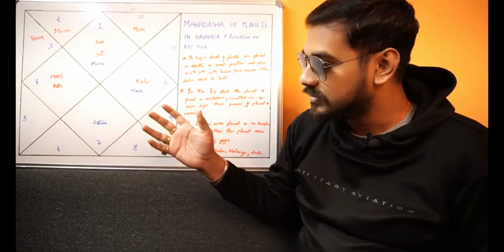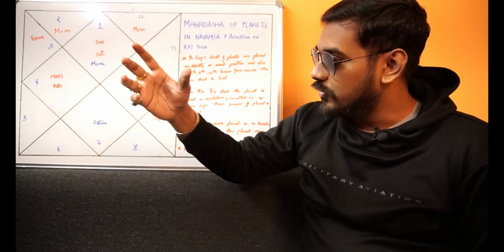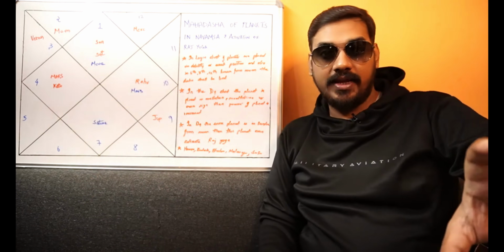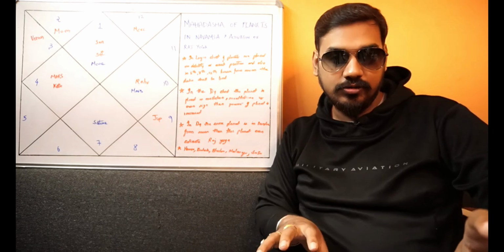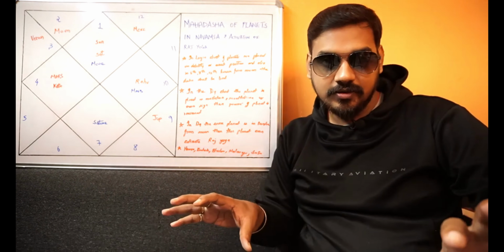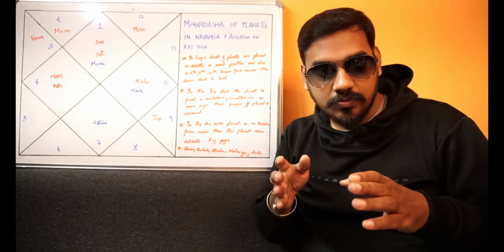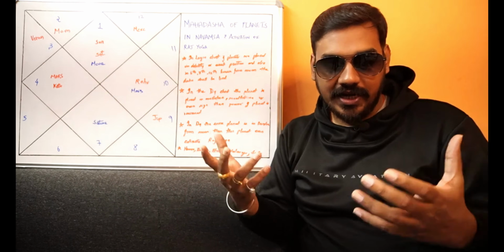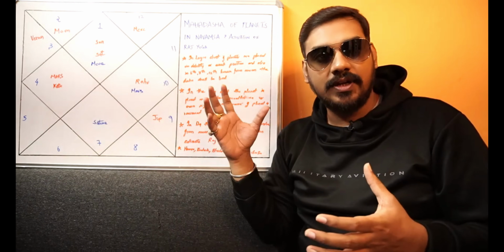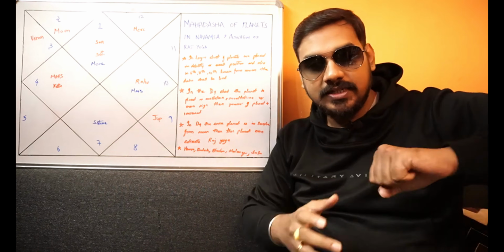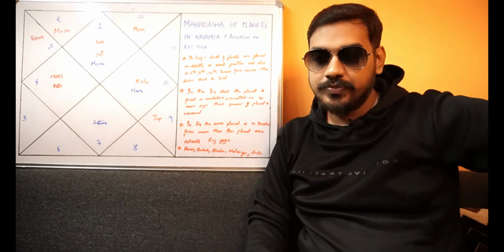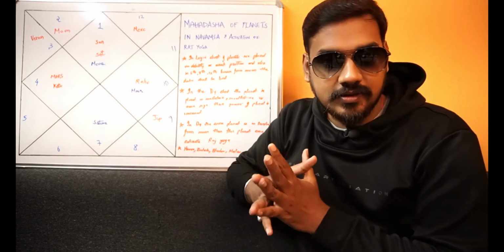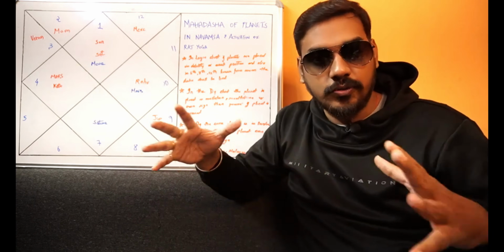And all the yogas that you see from the Lagna chart, you can check in the Navamsa chart. And in the Navamsa chart, if a particular planet is placed in its own sign or its Mool Trikon or its exaltation and it is in a Kendra from the moon placement in the Navamsa chart itself, then that itself is a Raj Yoga which is getting manifested in your horoscope. And during the dasha antar dasha of that particular planet, whatever picture the Lagna chart and the Rashi chart is showing, the end result would be in your favor and you will gain a lot of things in life. That planet will propel you towards success.